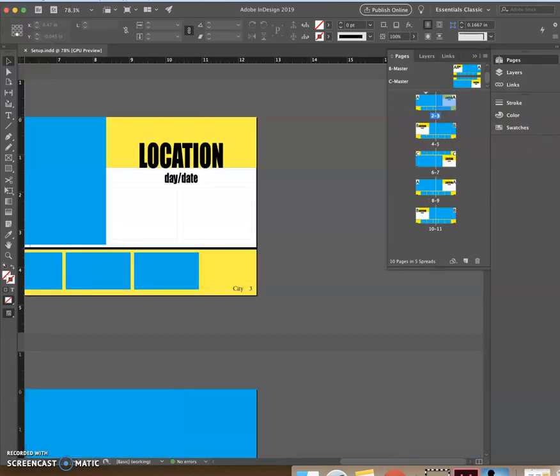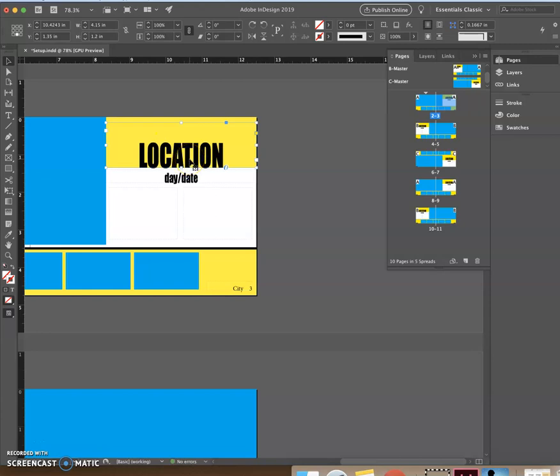on the Pages panel, and then we're going to click the selection tool and try to select any of the items on it. So I'm going to click and see. Because it's set off of a master, we will not be able to. Okay, so we're going to press and hold Shift and Command, and then we're going to click on the word location. You see that does select when we do the Shift and Command just because it was a